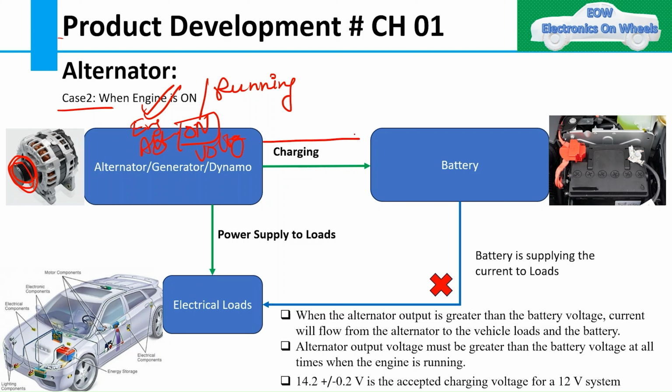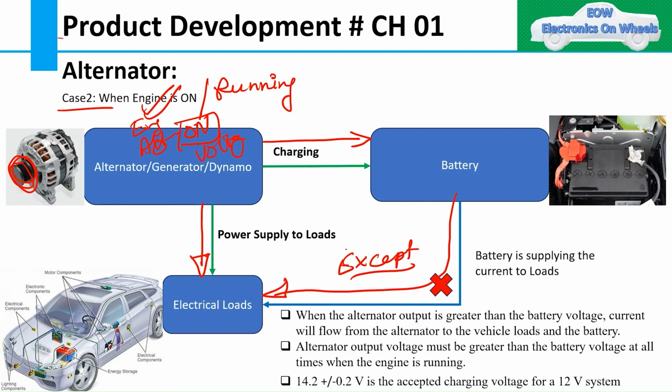It will charge your battery, and it will provide the power supply to the loads. When your alternator is on, the battery will not provide the voltage supply to the electrical loads,